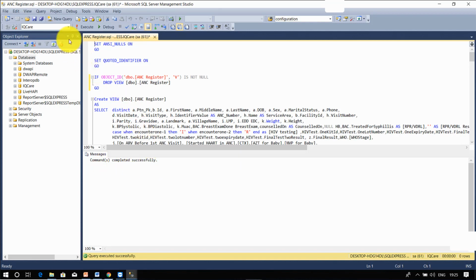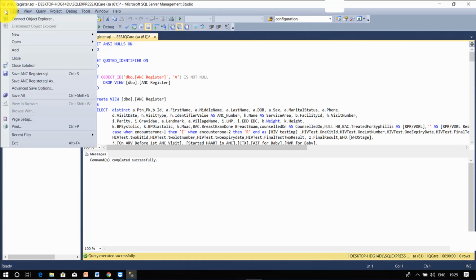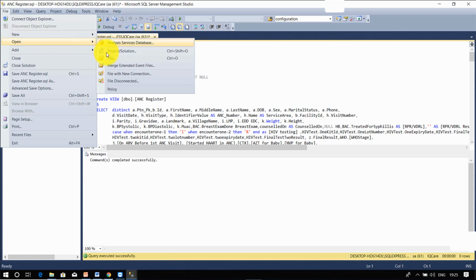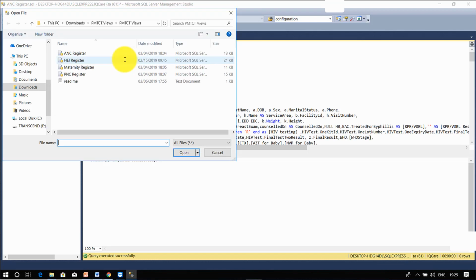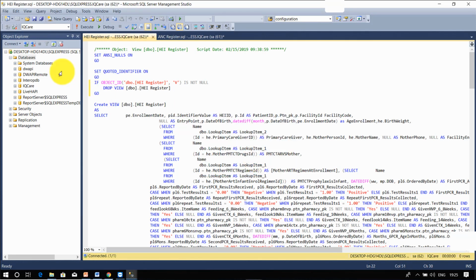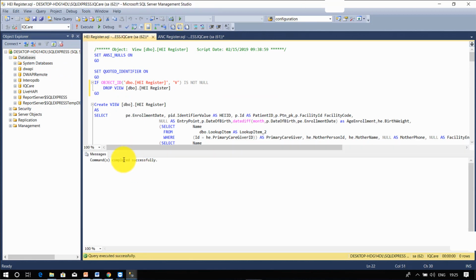Pick the next file, click on File, open to access the next file. HEI Register, open, click yes. Ensure IQCare is selected, then click execute, and you'll get a prompt that it was completed successfully.